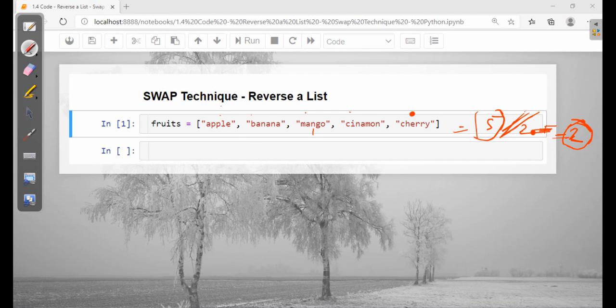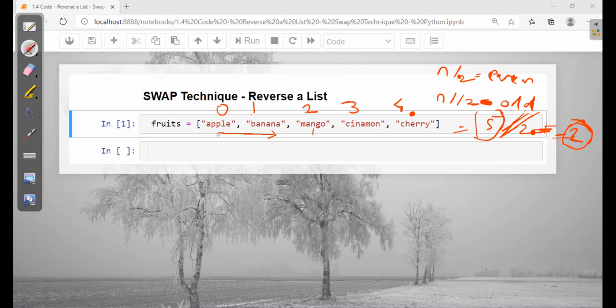Now consider we have a list with index values 0 1 2 3 4, and I want to traverse the list to half of it: n by 2 if it's even, and up to n floor division 2 if it's odd. Here we have an odd number, so we use floor division, which gives a value of 2, so we will traverse up to the 0 and 1 positions only.